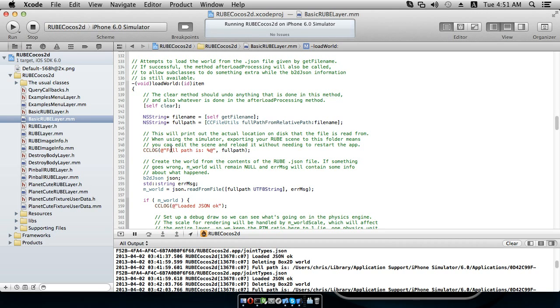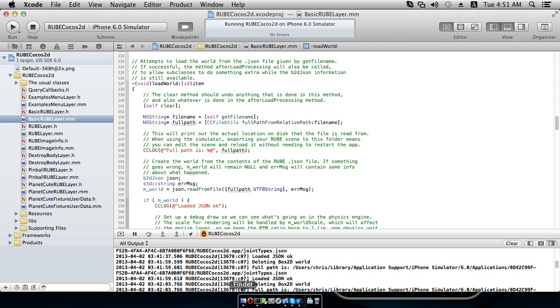So what I've done here is, before I open the JSON file in my iPhone app, I'm just printing out what the path for it is, and then we can see that down here. The full path is users Crystal library applications blah blah blah, and there's this huge big path name. But basically you need to figure out what that path is,